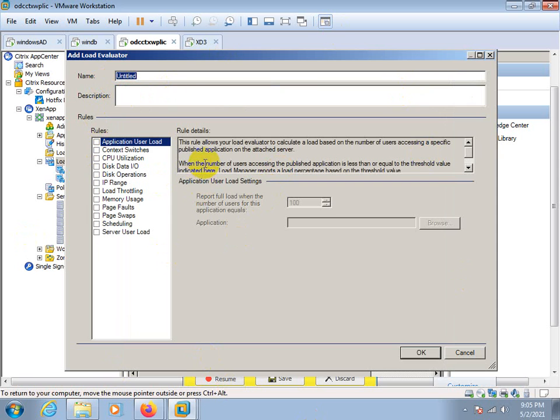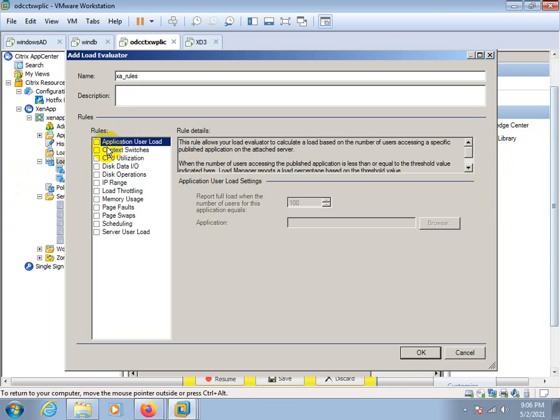You can create a load evaluator for your requirement, with the rules.